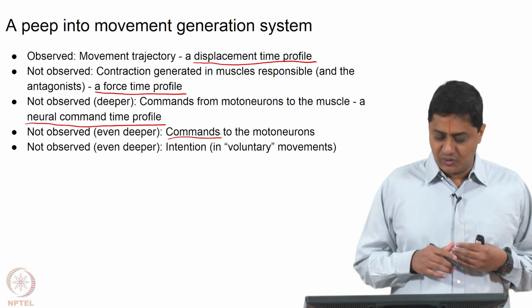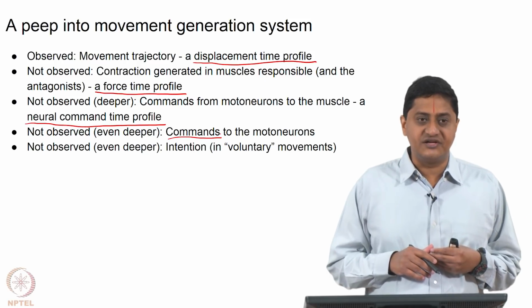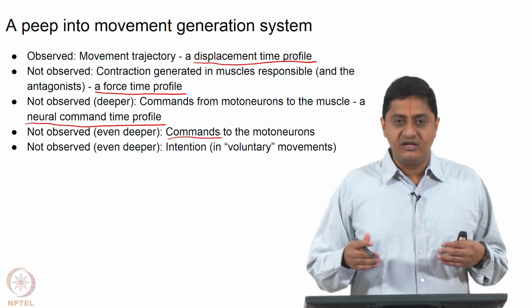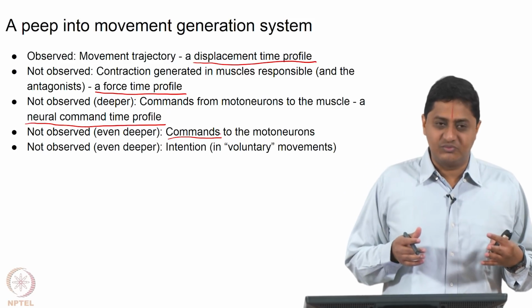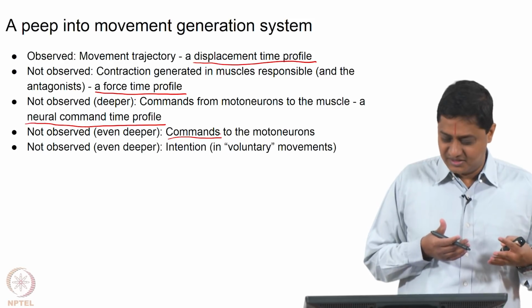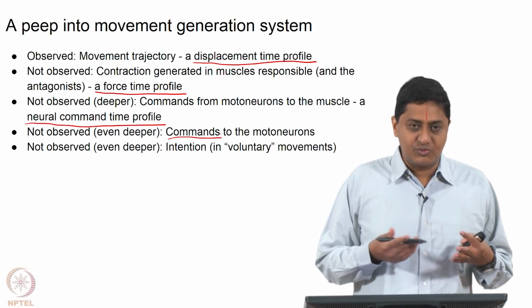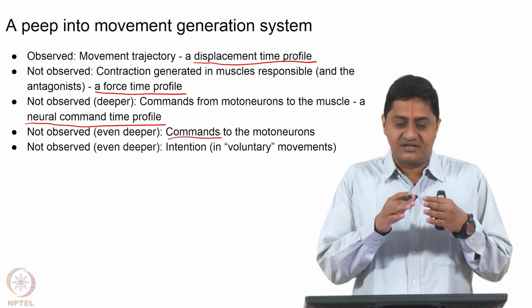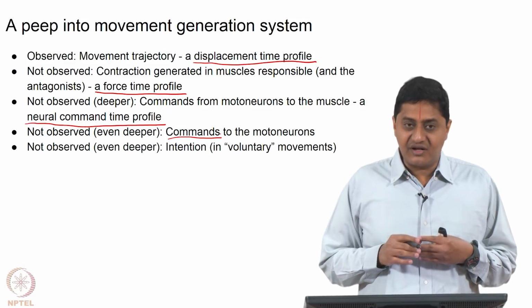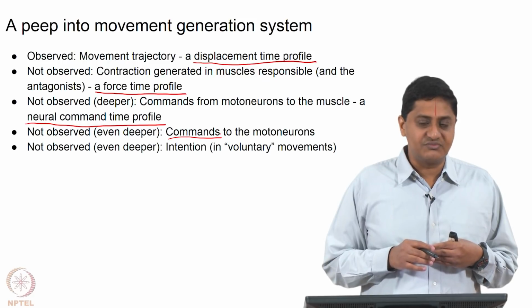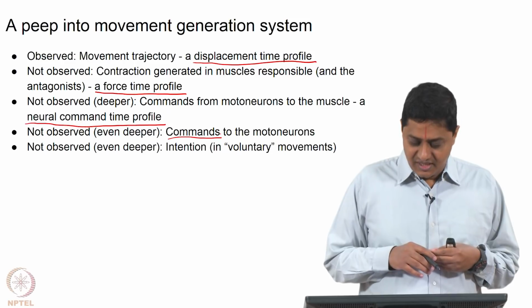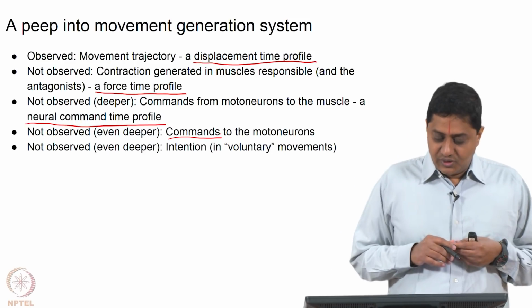Lastly, what we do not know anything about is the intention. If I am making this movement, if I am making that movement, you do not know why I am making that movement, what is the intention behind that. So, especially in voluntary movements. There are two classes of movements, we are going to call those reflex movements and voluntary movements. In voluntary movements it is not clear what the intention is, by just observing the movement you cannot say what the intention was at least. So, there are lots of things that we do not know.